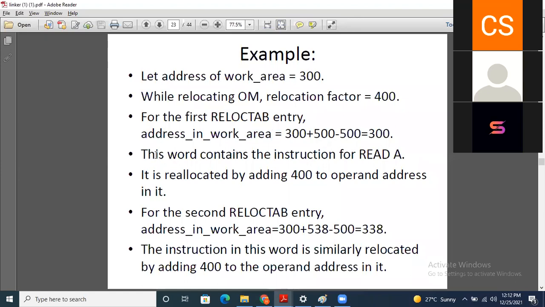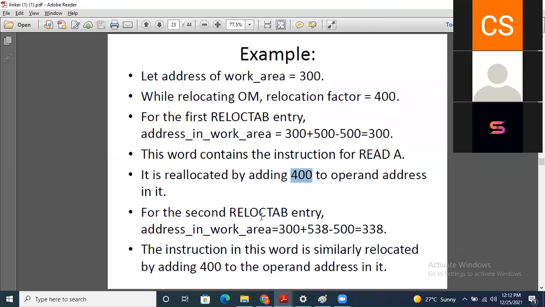Suppose you have the instruction READ A, and you have to relocate this by adding 400 to the operand address in it. This is the operand present in this instruction, and you have to relocate it by adding 400 to the operand address.